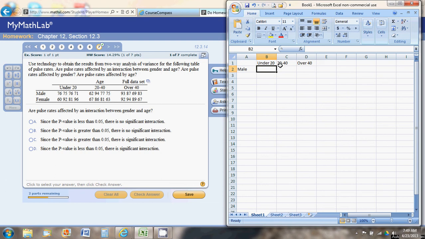So we're going to type in the categories here, these factors. And we'll start typing in our data, the 60, 92, 81. Okay, to speed this along, I'm going to show you the finished product. There's all of our data,